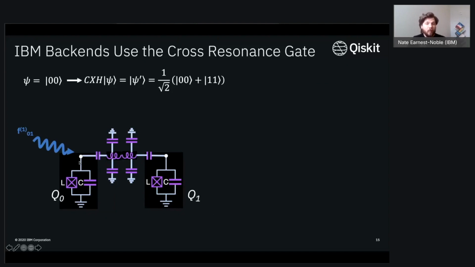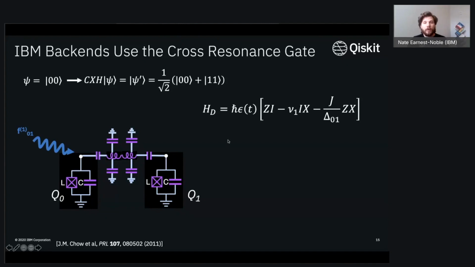Now, the cross-resonance gate, the way that it works is that you take one qubit, say Q0, and you drive it at the frequency of qubit 1. What this ends up doing is this imparts a rotation on qubit 1 dependent on the state of Q0. Putting this into more of a mathematical framework, the interaction that this leads to is this right here. And there's actually some terms that are not necessarily included on the slide right now. Of these terms, the important one to consider is this ZX interaction. So this ZX interaction is the thing that will actually allow you to build a CNOT. And we're going to walk through how that actually works.